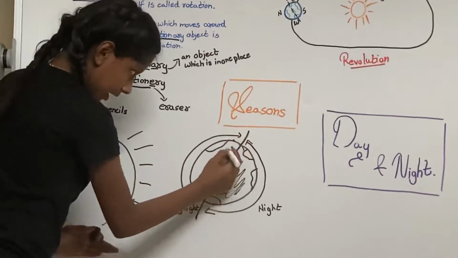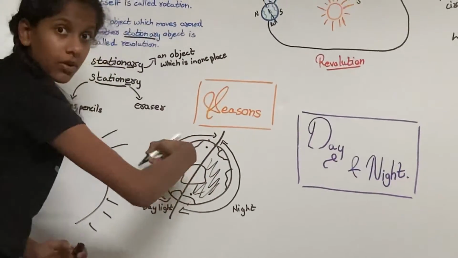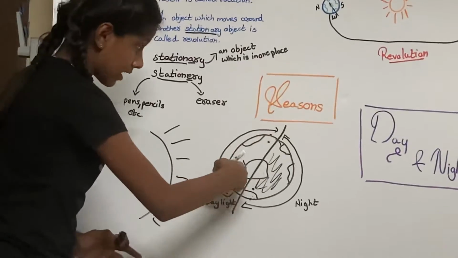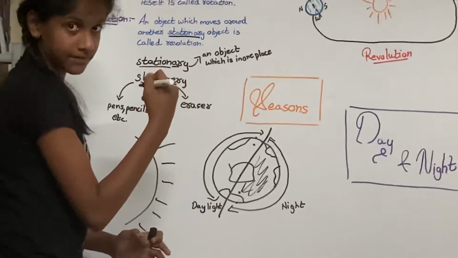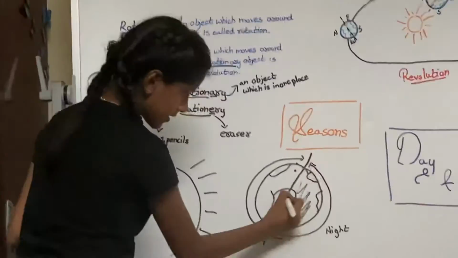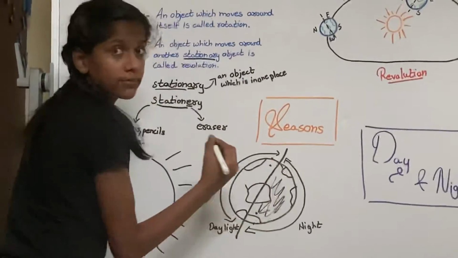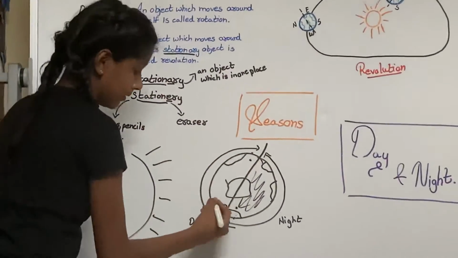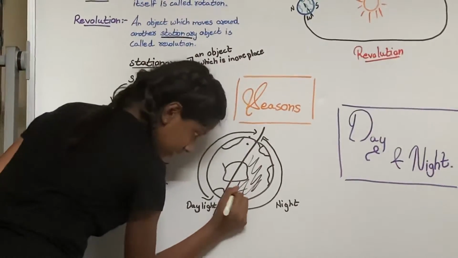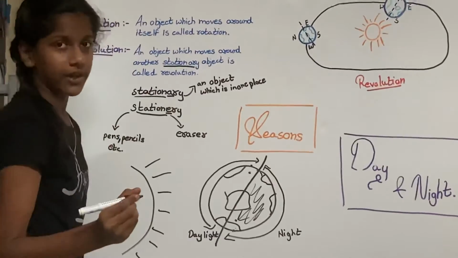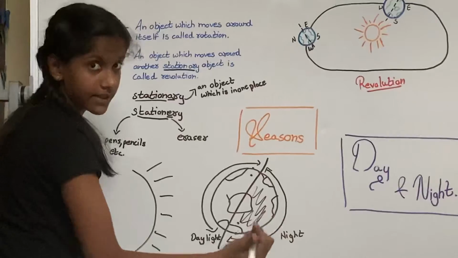So, can you see this part is facing the sun now? This part is facing the sun now, which means the Arctic Circle is facing the sun. And the axis is here, right? So, this is the pole and here. So, it's warmer here. It's warmer, and here at the Antarctic Circle it's colder because it's towards the dark side,